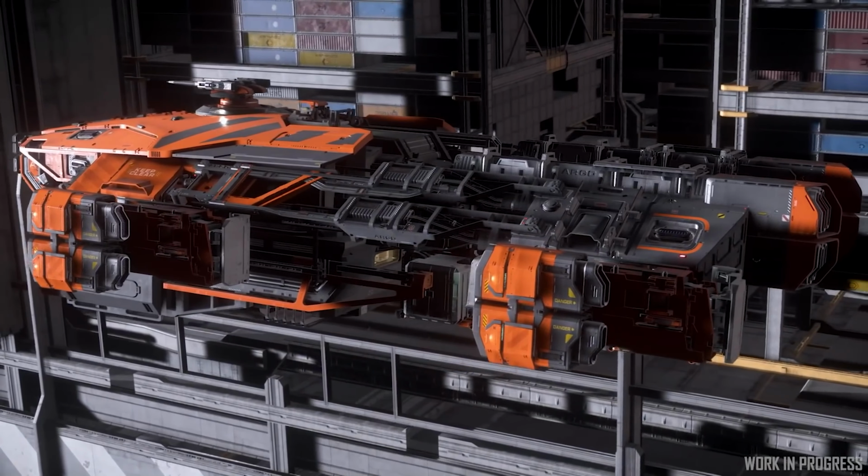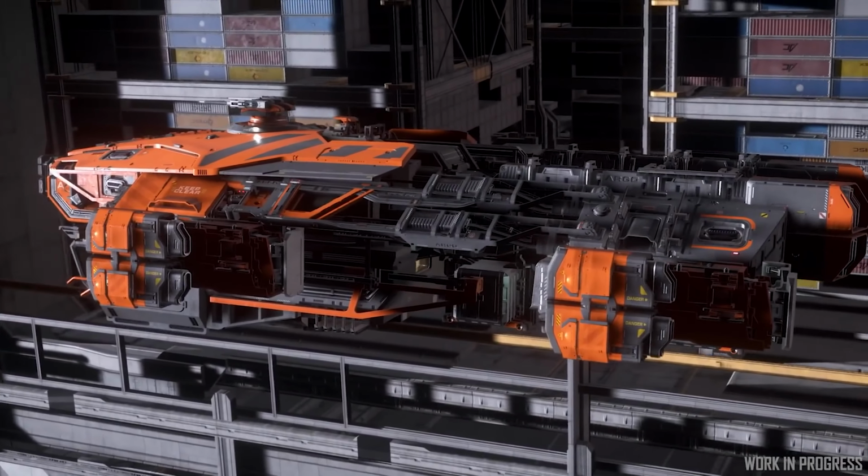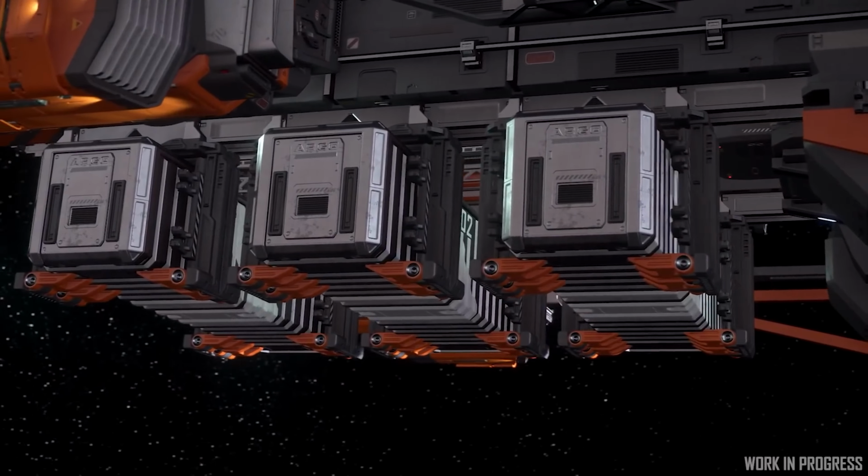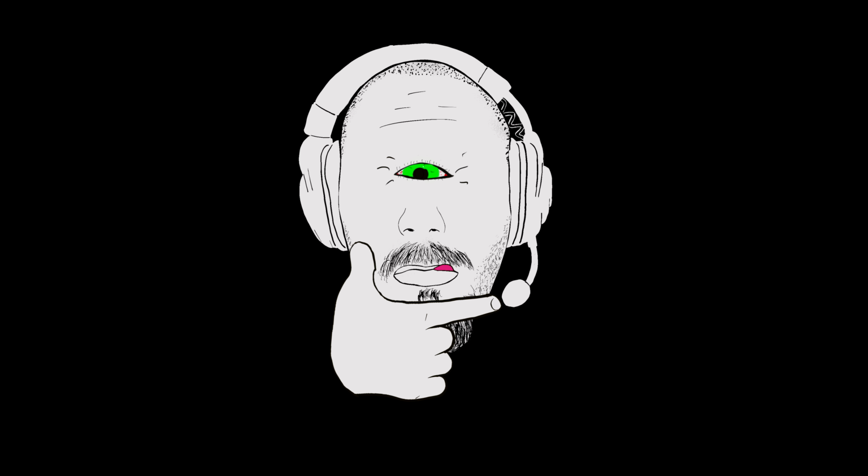The ship itself can take up to 96 SCU in 3 32 SCU cargo containers that are held on the back of the ship. The Andromeda can hold 96 SCUs, so...